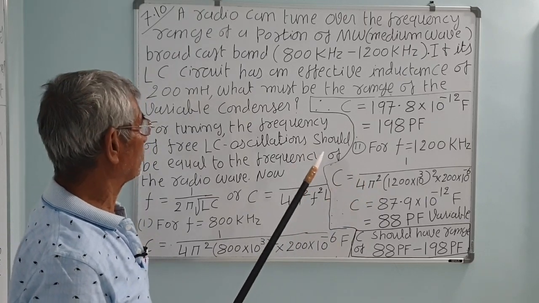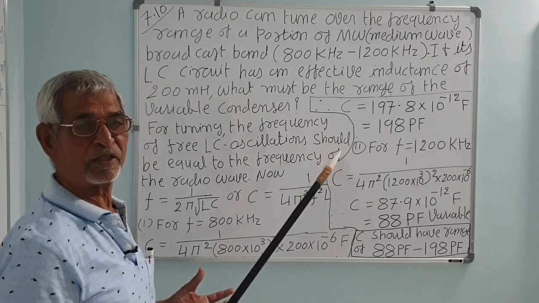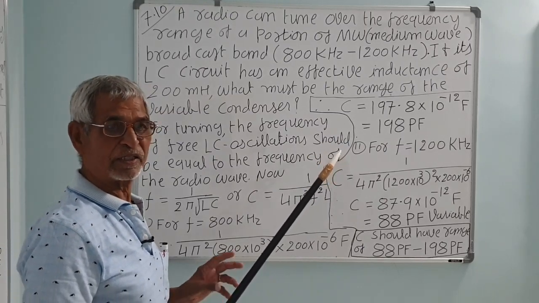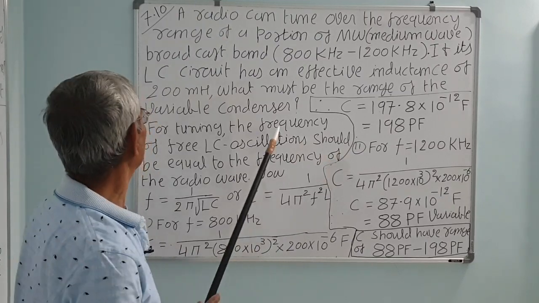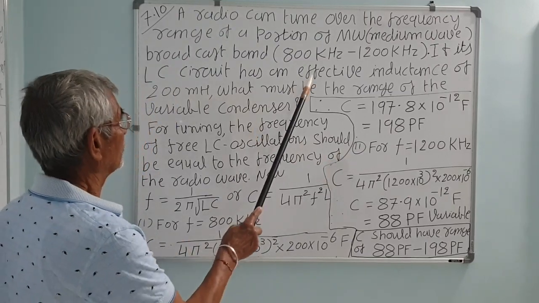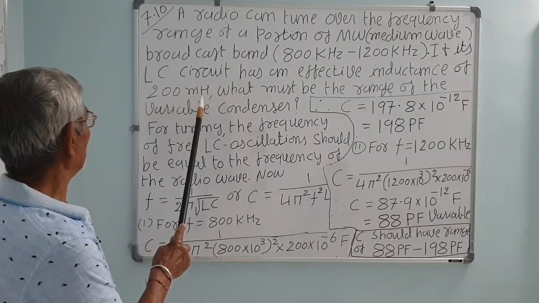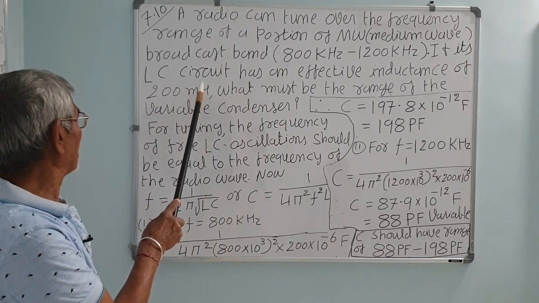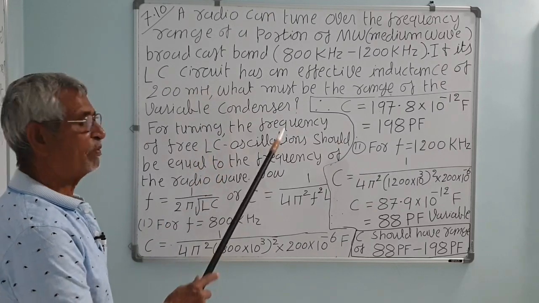We have to pick up in our radio. So we have to tune in our radio, and that is done by adjusting the variable capacitor. Inductor we can't change. So the inductor's value we can't change. The inductor is 200 microhenry, that will remain the same. We can change the value of the capacitor so that the circuit will be in resonance.